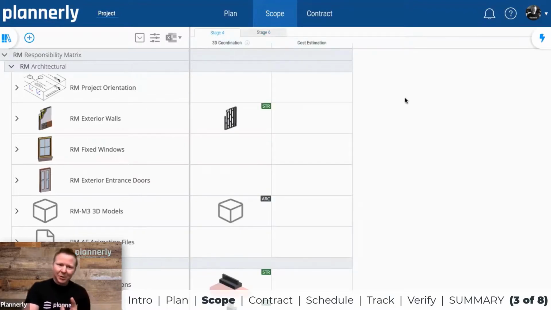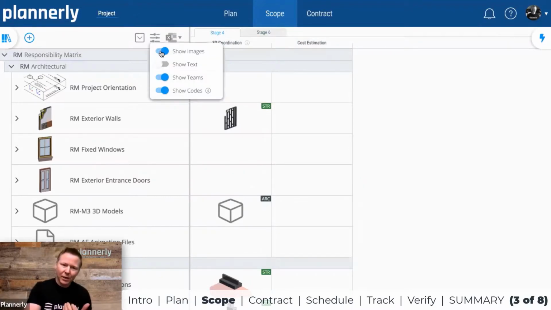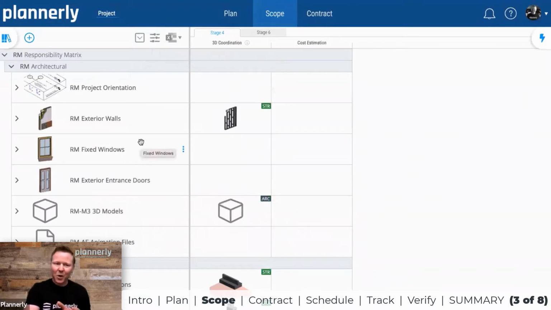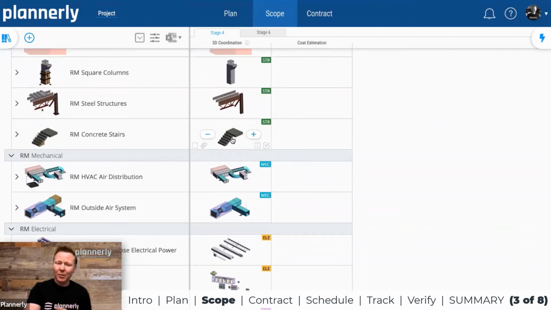Really flexible to define, but the key is that we are showing much more than historically, where teams would maybe use an LOD number rather than a very descriptive and defined set of requirements that follow something called the level of information need, a concept which is the framework by which the ISO 19650 standards are helping to define requirements that are purpose-driven and built in a way that can then be automatically checked later.